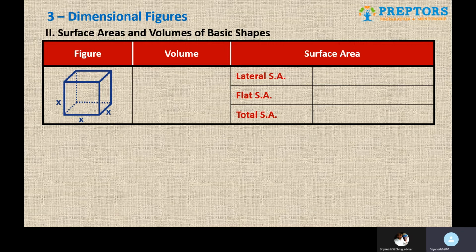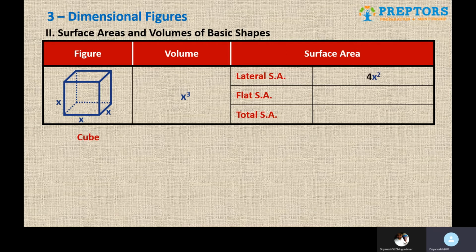The first figure, as you all can see, is a cube, and if I ask you to categorize that, clearly you will say it's a prism because the walls are straight up, they are parallel, they are not tapering. So because it's a prism, we know the formula for volume of the prism is area of base into height. In the base you can see there is a square, area will be x square, and the height is also x, and hence the volume of the cube becomes x cube. This is the main reason behind this. Then there are surface areas, two types of surface areas. Lateral surface area is four walls. Each of the walls is a square again, having area x square.